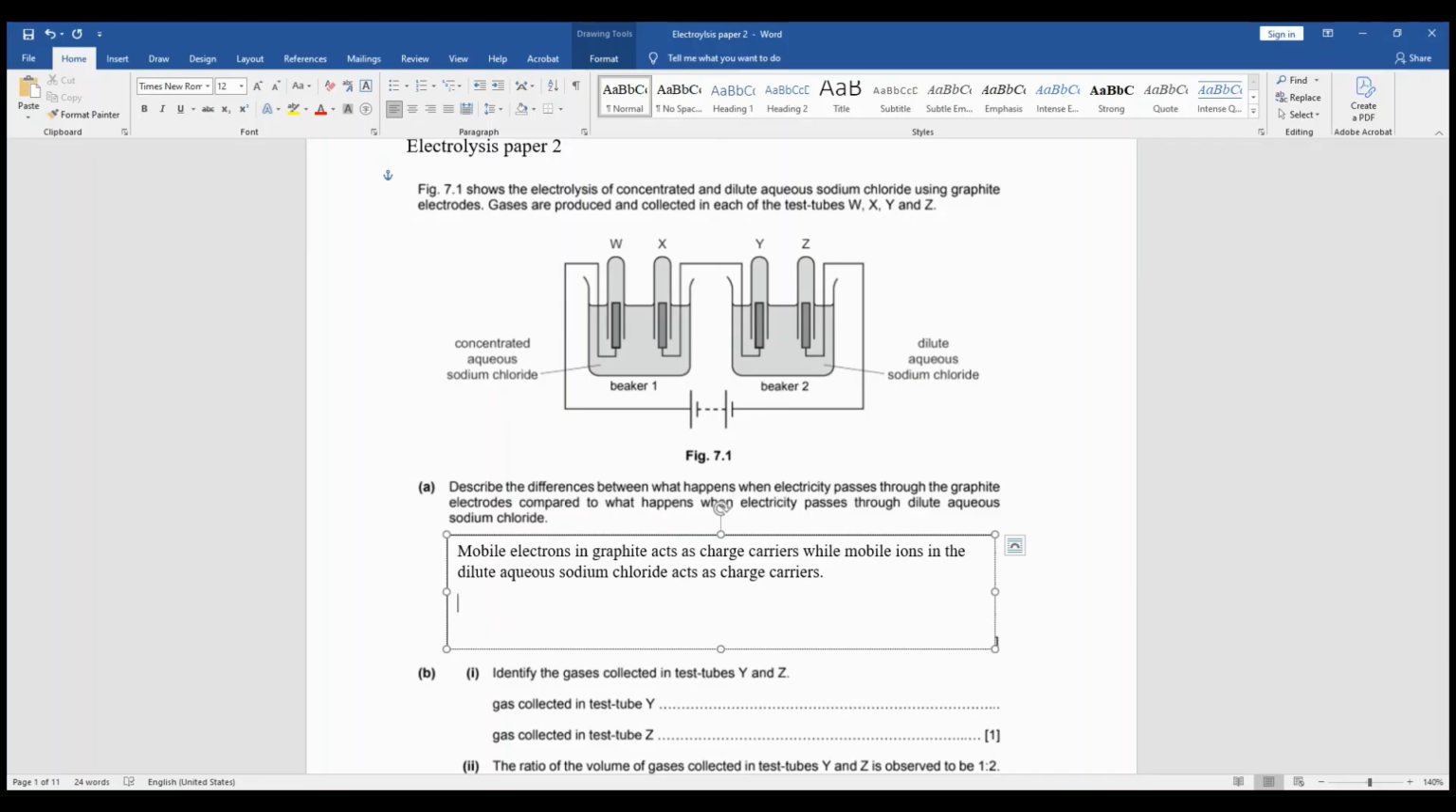Number two, when the electricity goes through my graphite, the graphite is unchanged. That's why it's inert. But when it goes through the electrolyte, it will actually electrolyze, or maybe we should use the word decompose, to form two different products. So that's the second difference. So typing it out: graphite electrode remains chemically unchanged